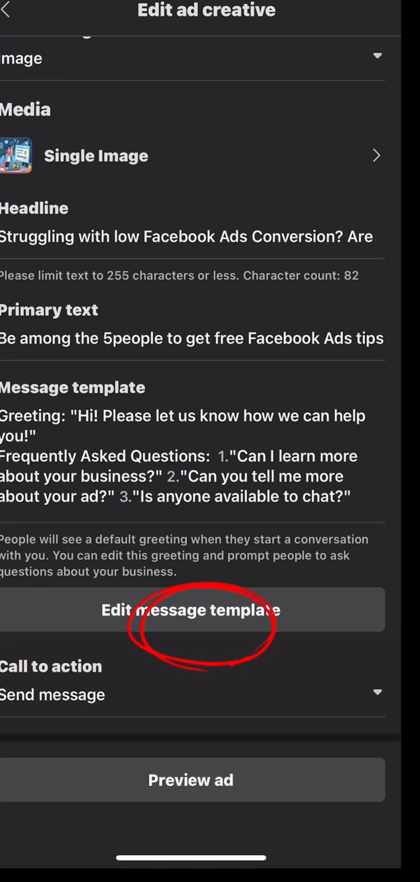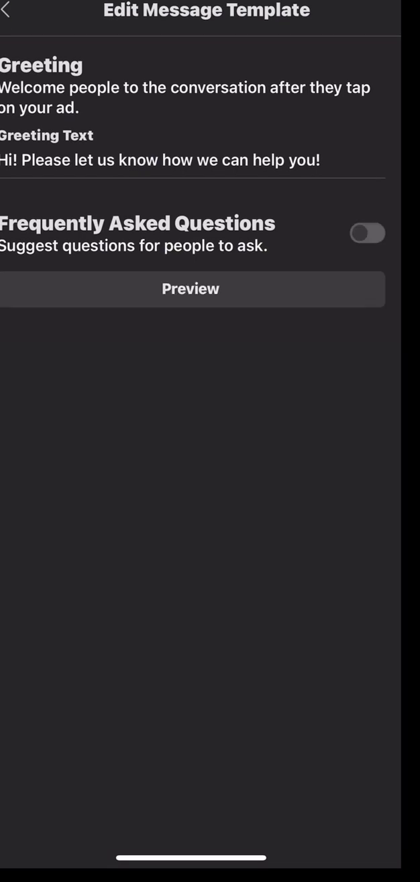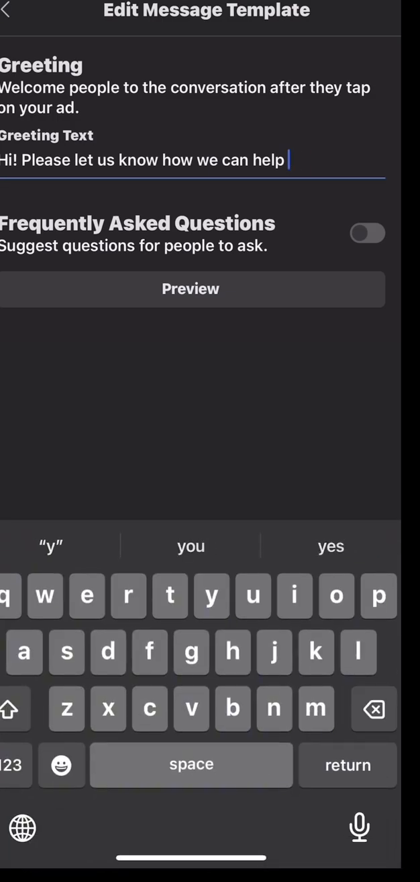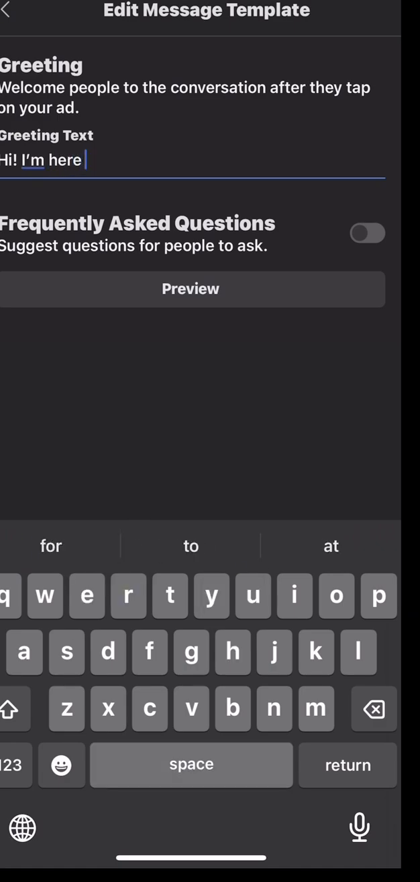Next, let's go to the message templates. Alright. Okay, I don't like the frequent question. That's why I toggle it off. The greetings is not bad, but let me edit it. I don't like free things. But you can leave your own if you like the one that Facebook gives you by themselves. Hi, I'm here for the free business,